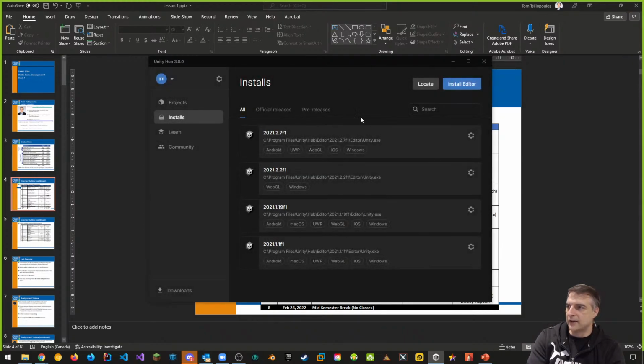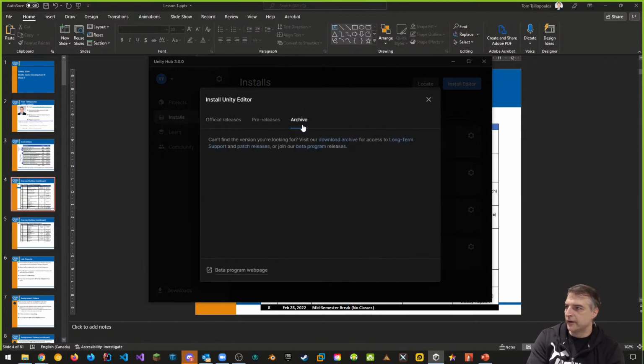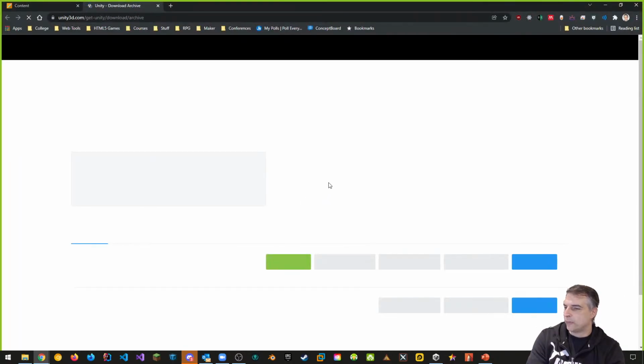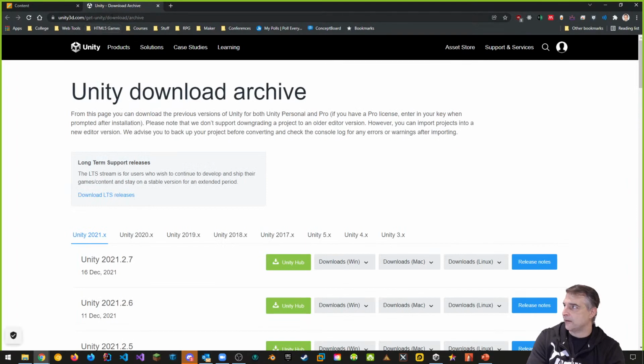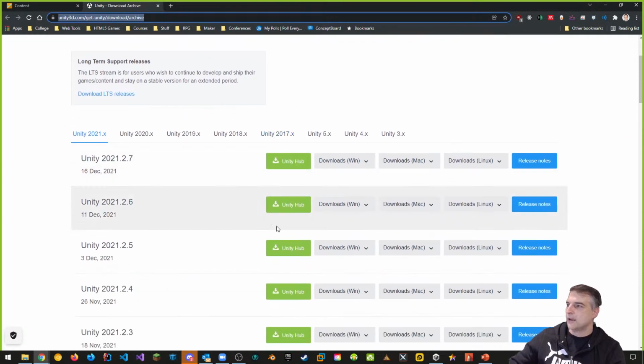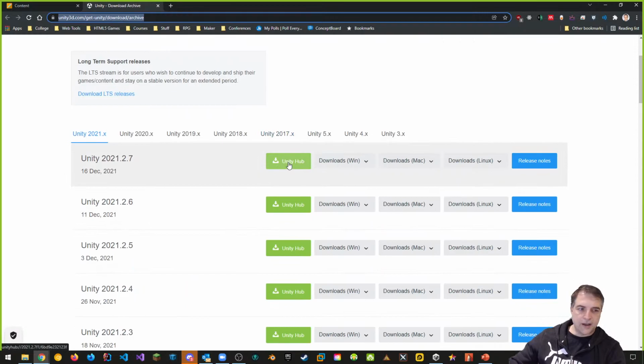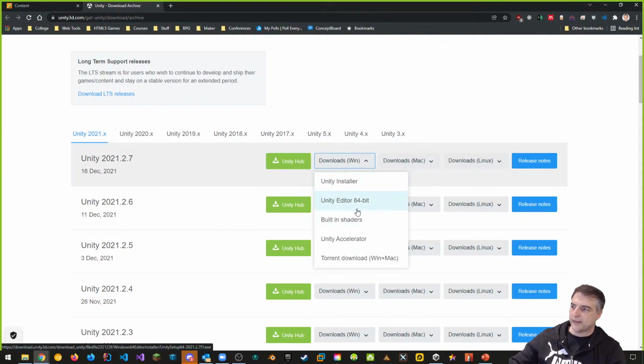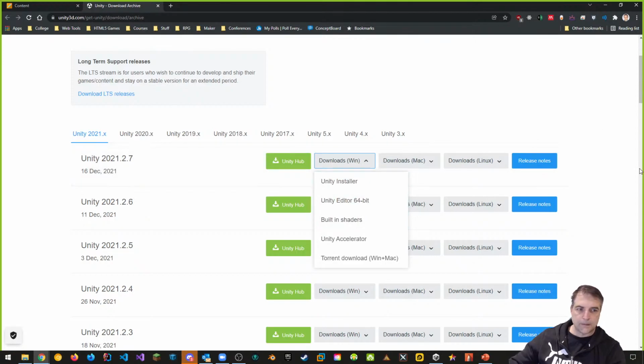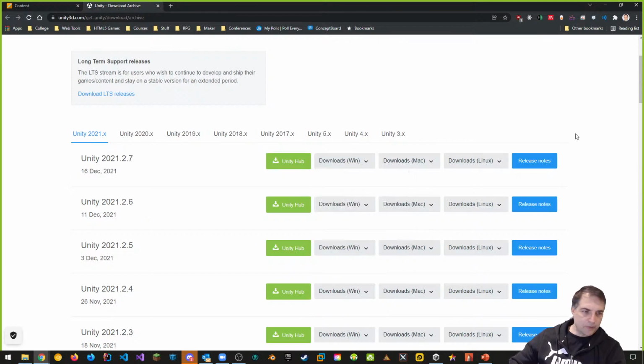You can also install a standalone version instead of using Hub, so you don't have to use Unity Hub. If I go to install editor and go to the archive, to the download archive, notice where it says on the website, this one, I think Harrison's shared it already, I want to load it on Unity Hub, or I can also download for Windows, Mac, or Linux. I can go right here and download it by itself with nothing to do with Unity Hub at all. So you can put it wherever you want. Okay. All right. Any other questions?